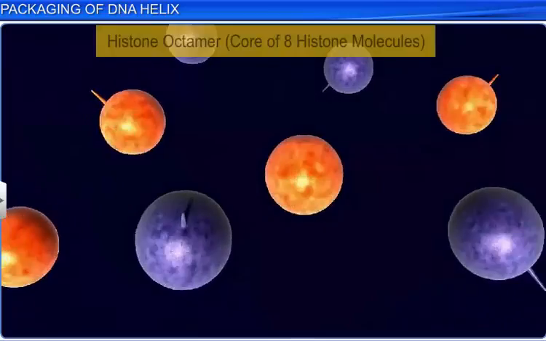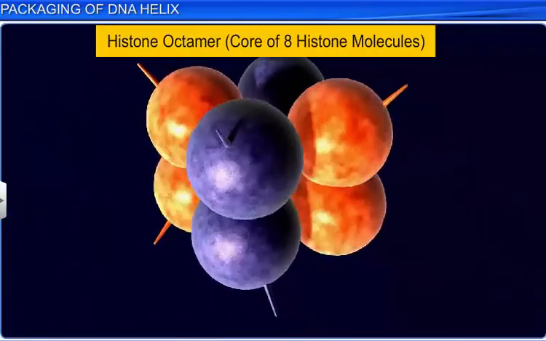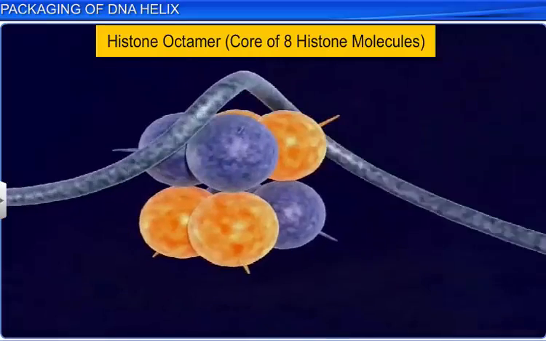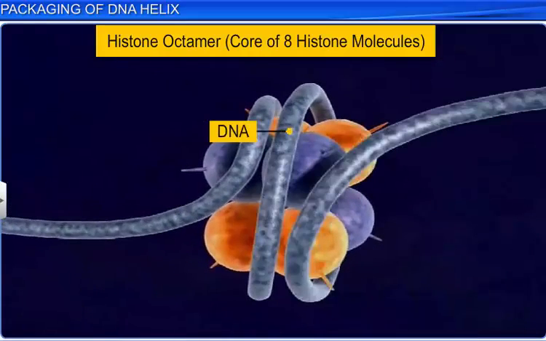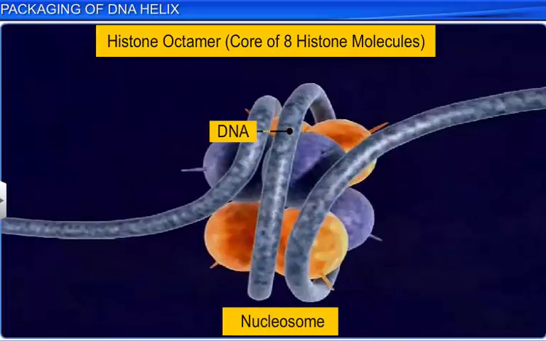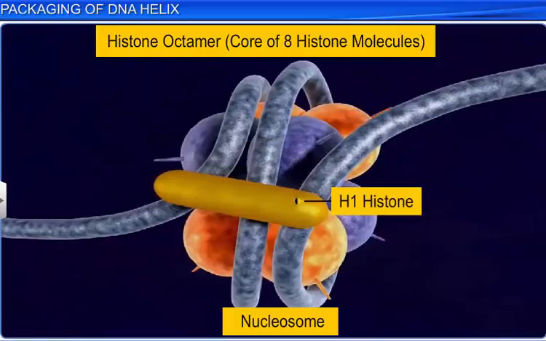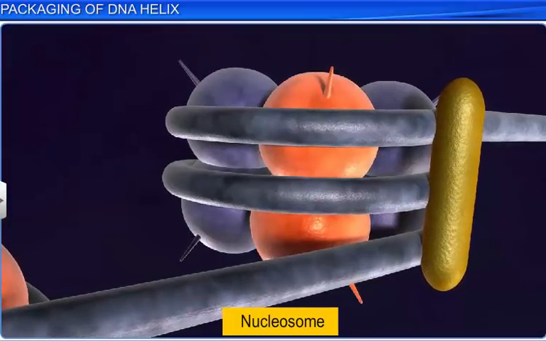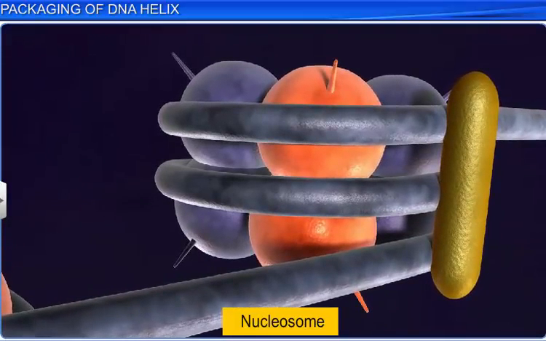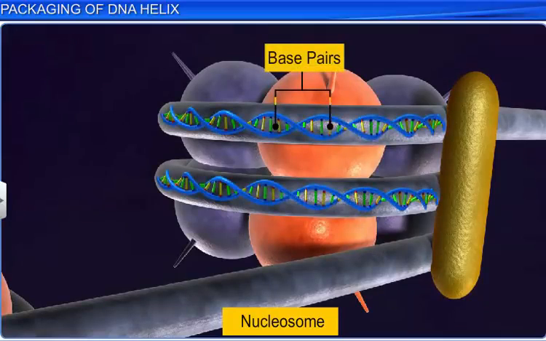Furthermore, the histones are arranged to form a unit of 8 molecules known as the histone octamer. Now, around the positively charged octamer, a negatively charged DNA molecule is wrapped to form a structure known as the nucleosome, which is held in place by the H1 histone. A typical nucleosome has around 200 base pairs of DNA helix,